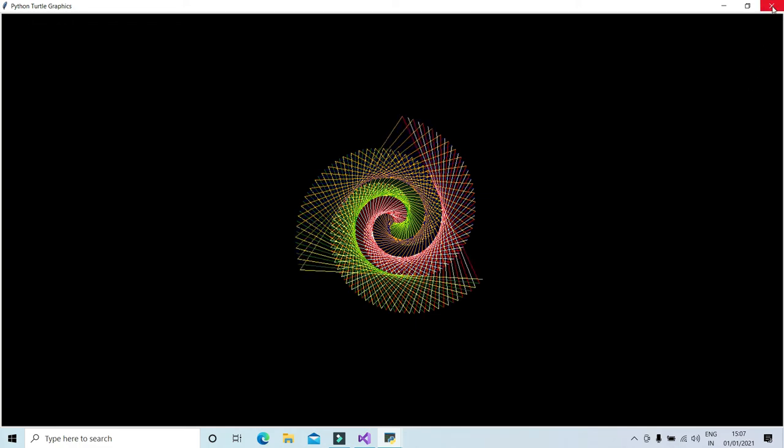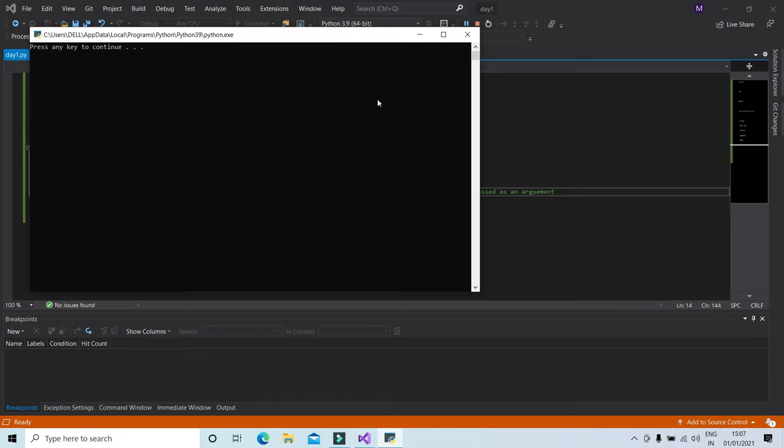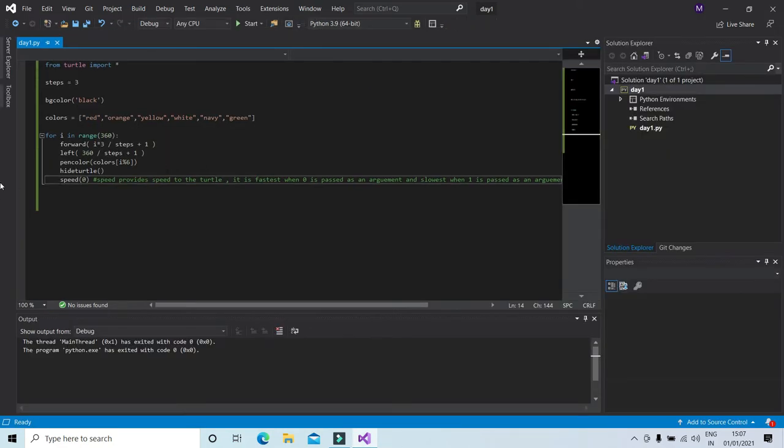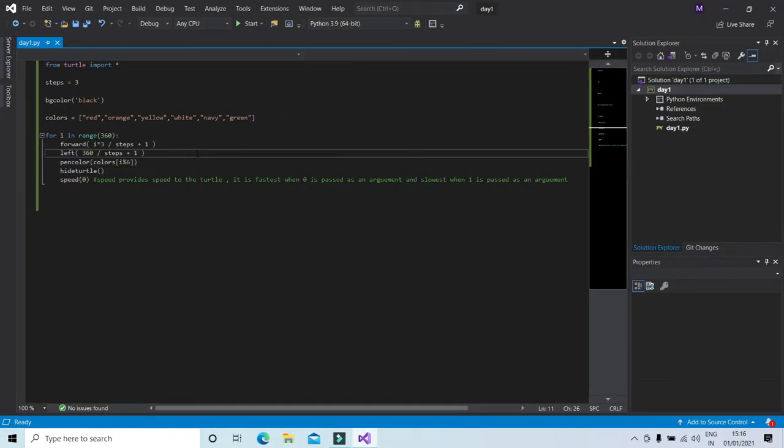Now we'll be checking out what happens if we make a few changes to this code. What if we change the argument for the left function over here and make it 60 degrees? Please pause the video and you can imagine what can happen over here.